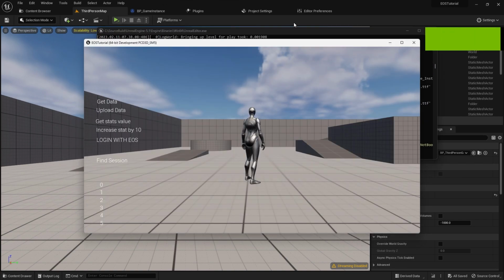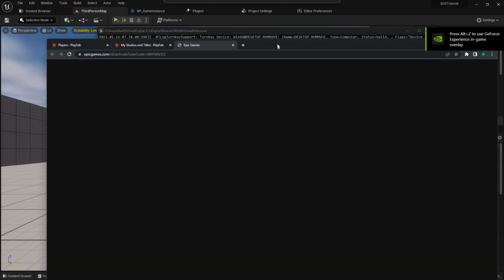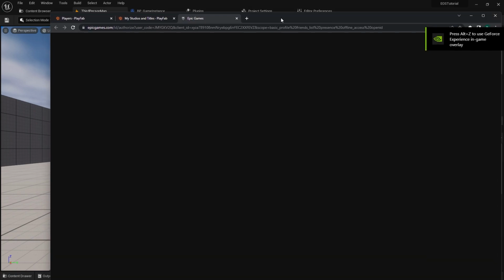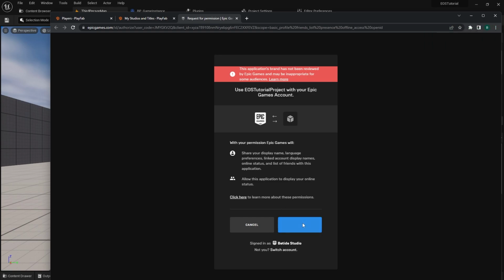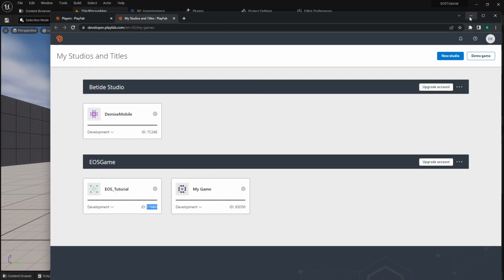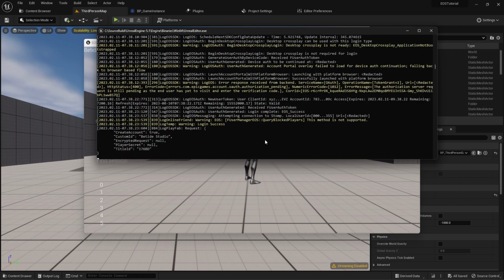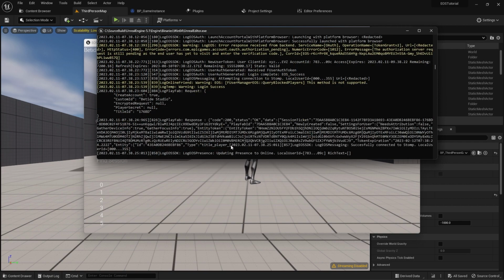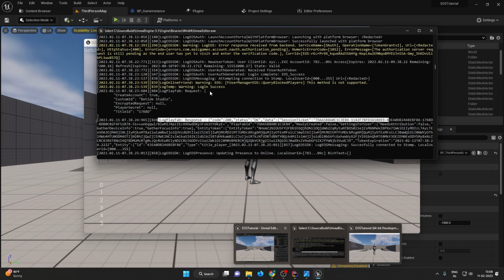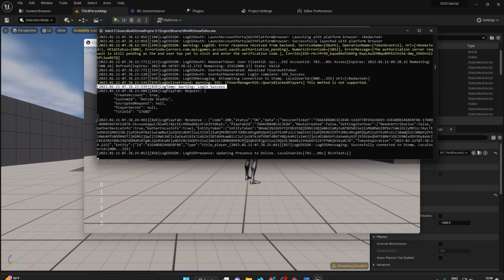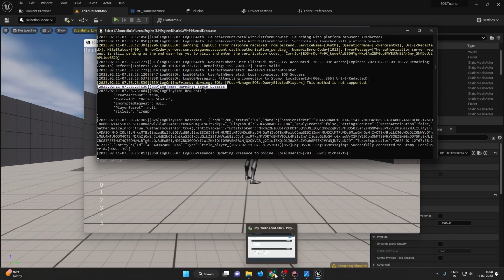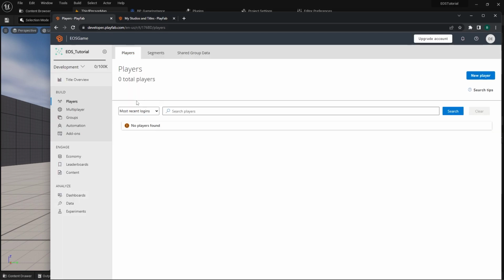Okay, now log in with the US, continue to app, allow, and auth generated response. Okay, so the PlayFab response is okay. That means the login is successful. Login success. So we can just go to our PlayFab website and now search for any update in the player list,